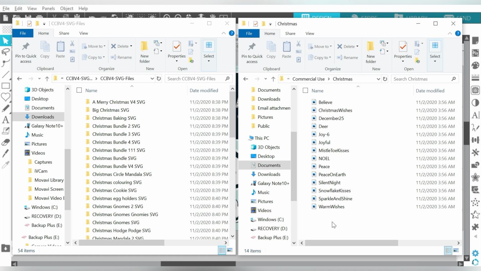Now don't worry, Design Bundles would still be there for you if you want to store them in your library, but it just means that you would come back and re-download these folders and then you would have to sort them a second time. So if you want to hear my whole spiel on organizing your SVG files, definitely watch that video on getting those set up and organizing those.